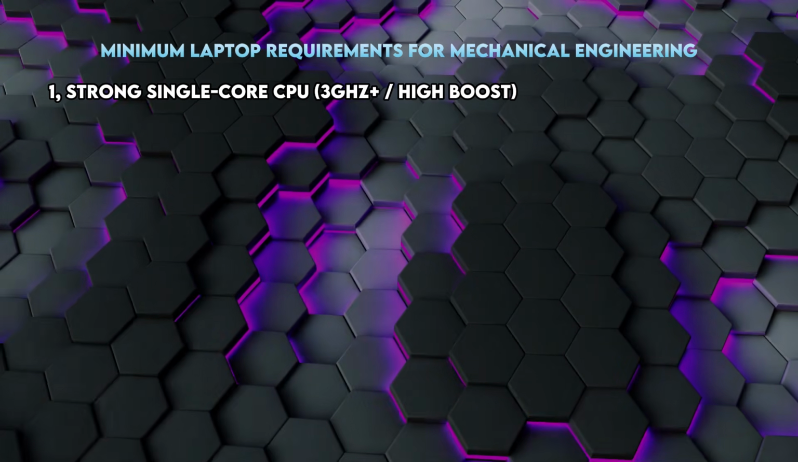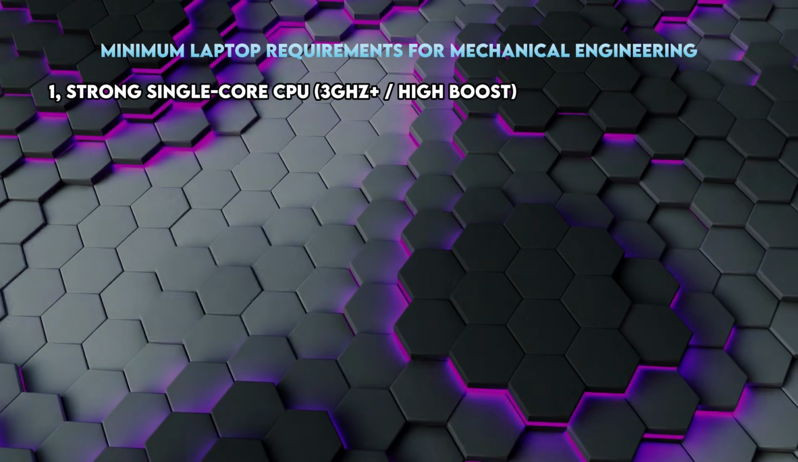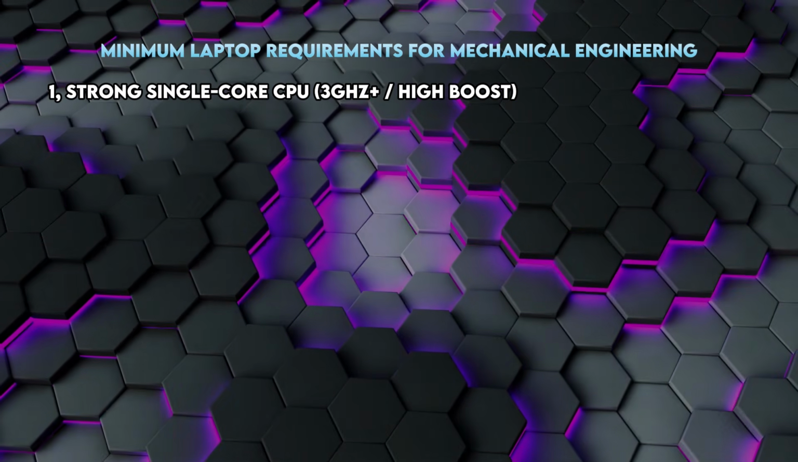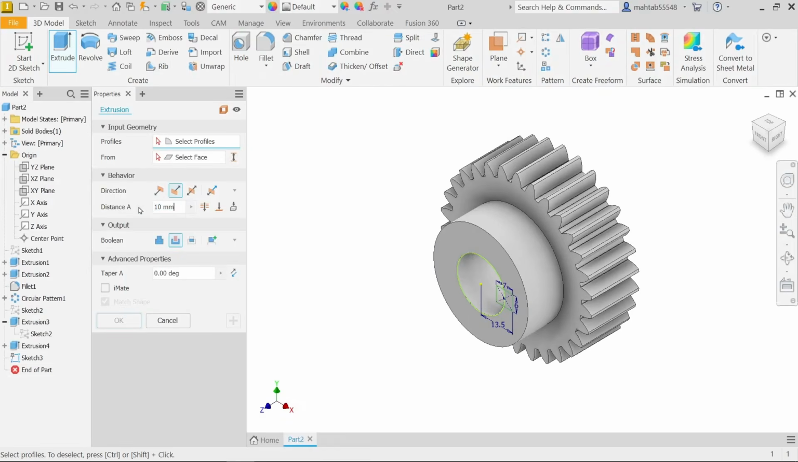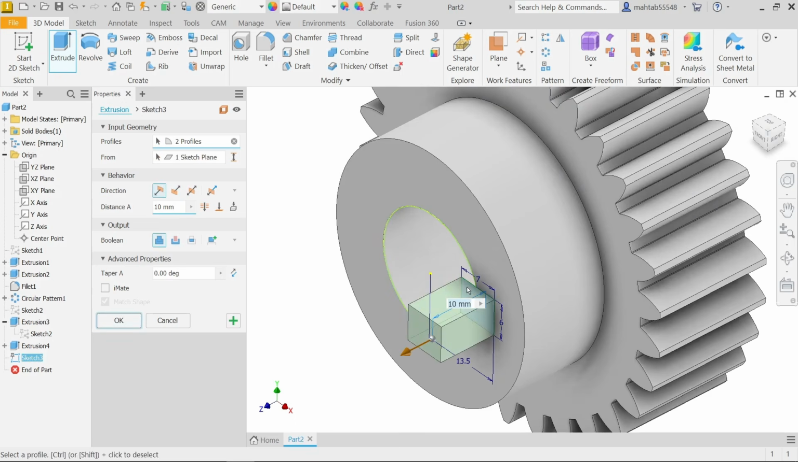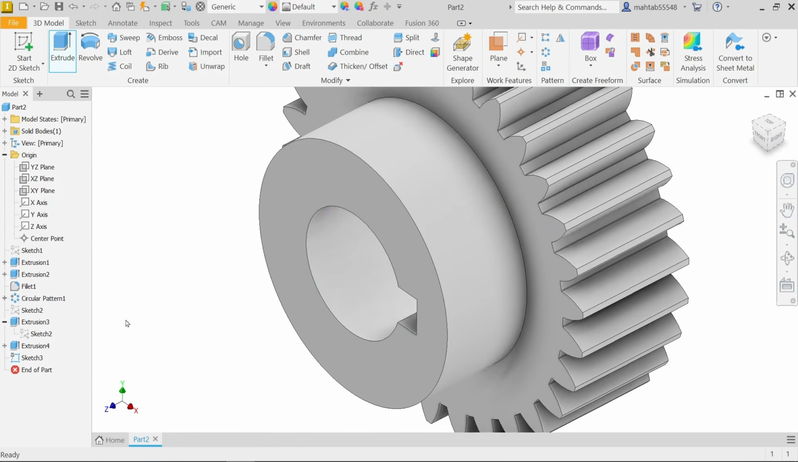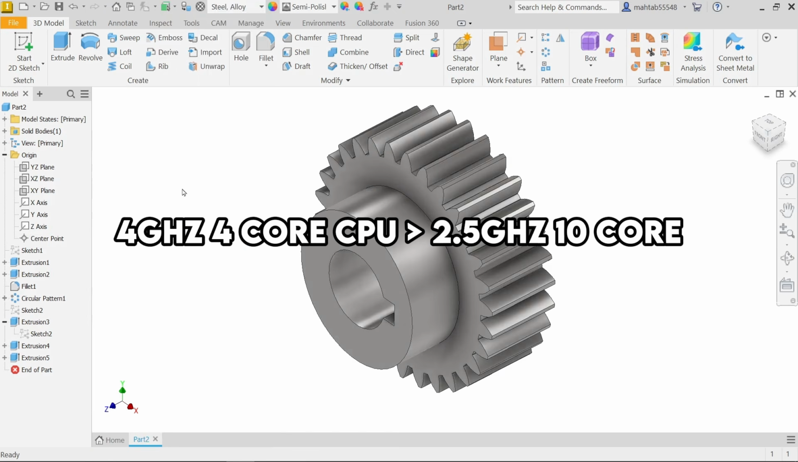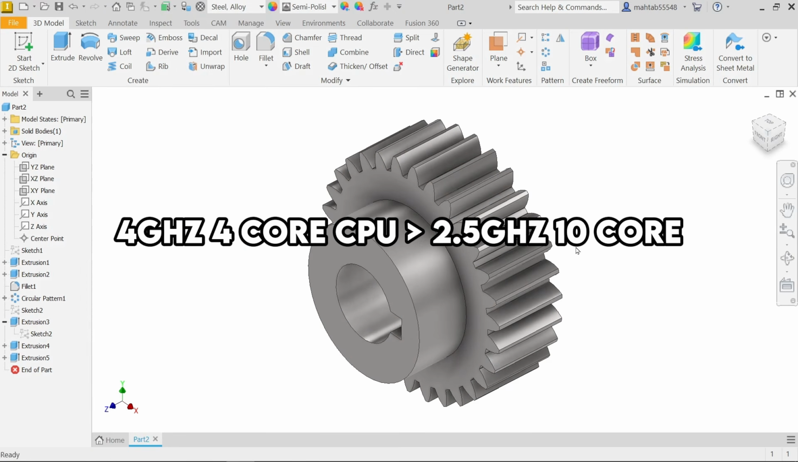Starting with the processor, you need strong single-core performance, ideally 3 GHz or higher. Most CAD software relies heavily on single-threaded performance for geometric calculations, viewport manipulation, and command responsiveness. While multiple cores help with multitasking, they don't significantly accelerate 2D and 3D design tasks. In simple terms, a 4-core CPU running at 4 GHz can outperform a 10-core CPU running at 2.5 GHz for